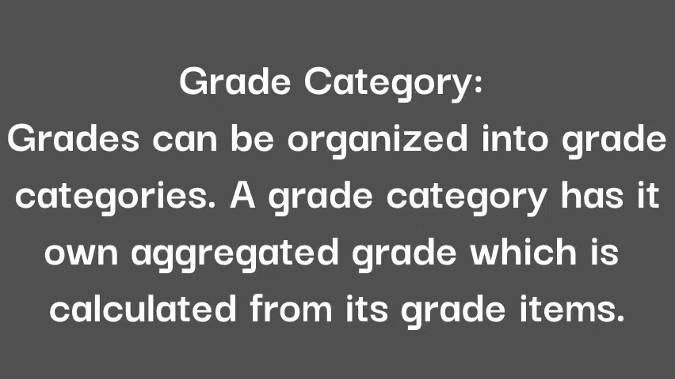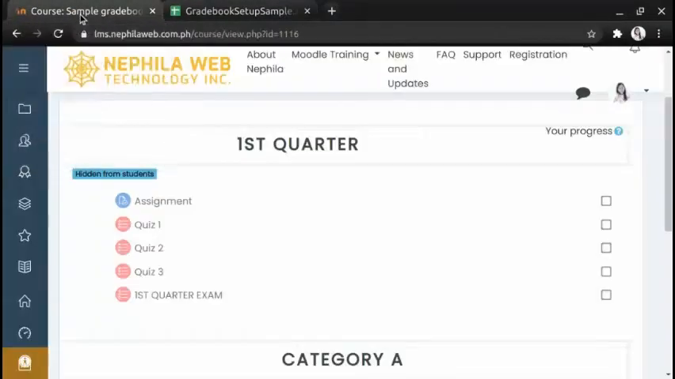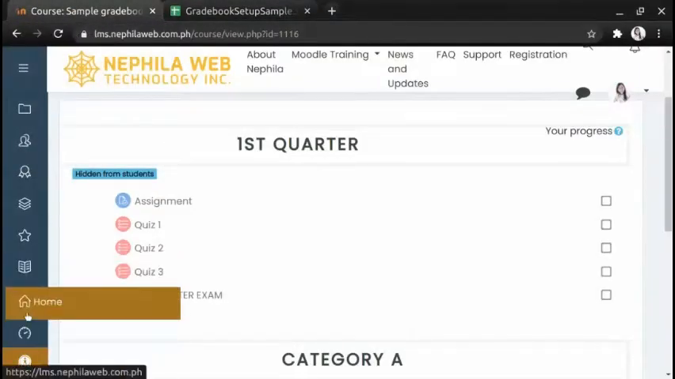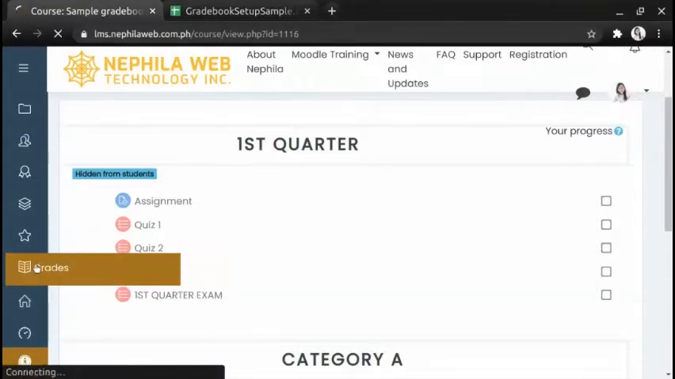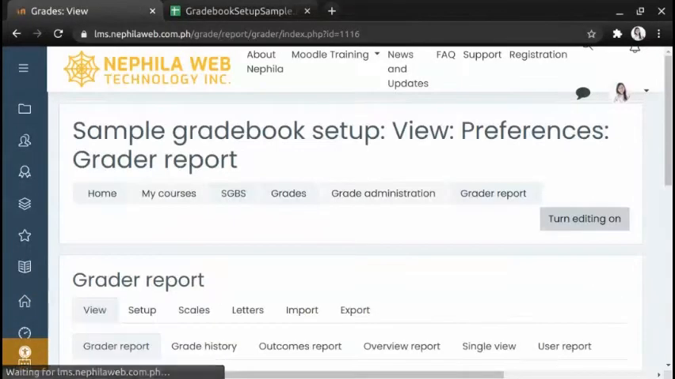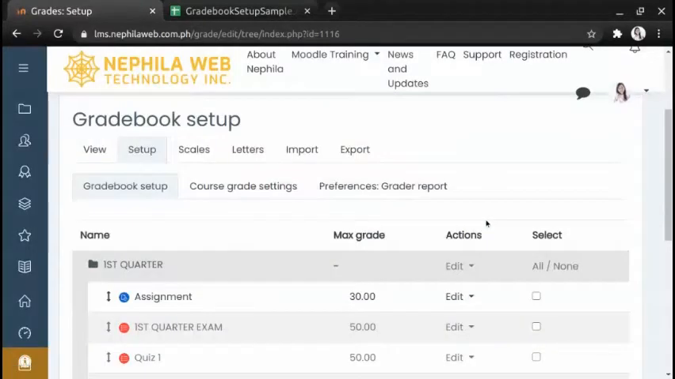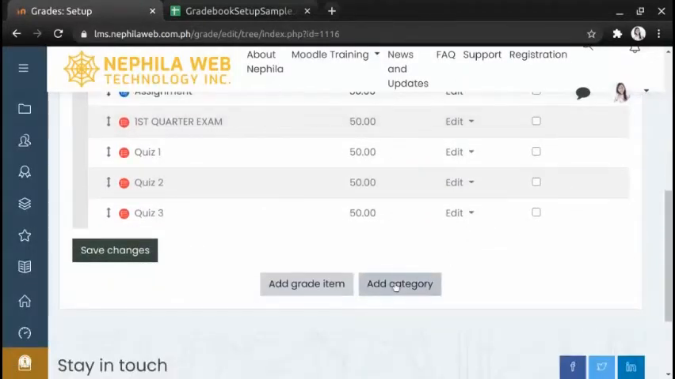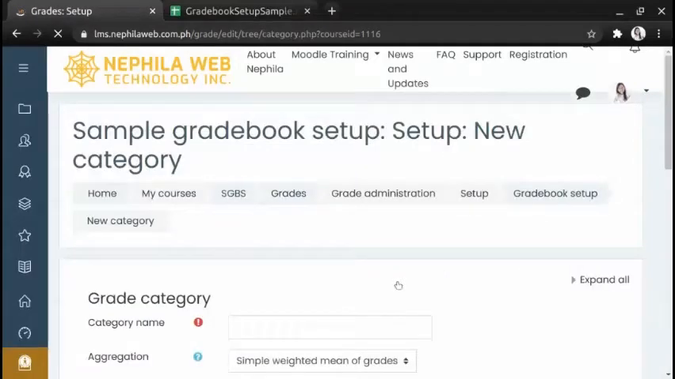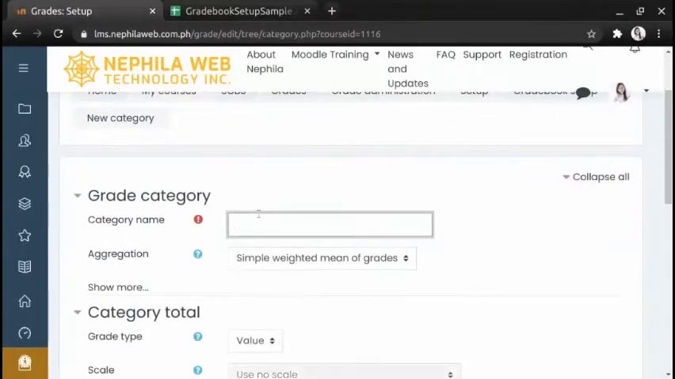To add category, go to your course. On the left side of your screen, click the grades. In Setup tab, click the Add Category near at the bottom of the page. Supply the category name. For example, written works